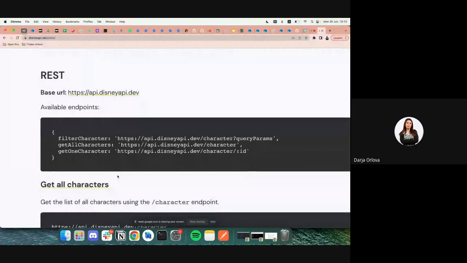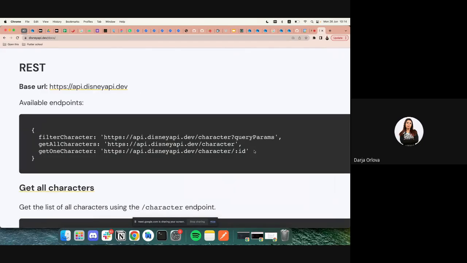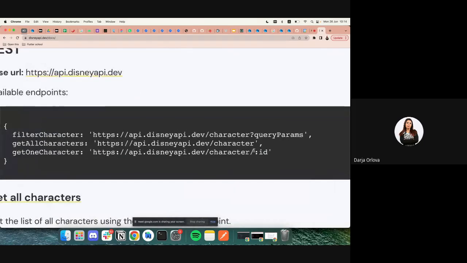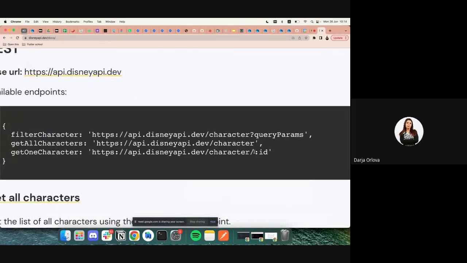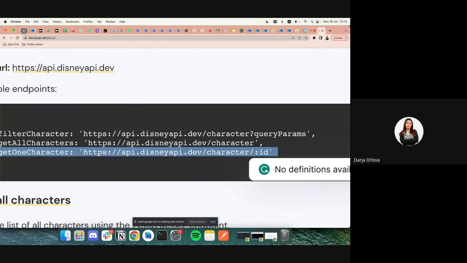And we have here an endpoint that says get one character and a URL. So can someone tell me what do we need to do in this URL? How to form a correct URL to get information about the character? We have to add question mark, rows, and number. Almost. In this case, this would be true if ID were a query parameter. But as you can see here, in this get one character endpoint,